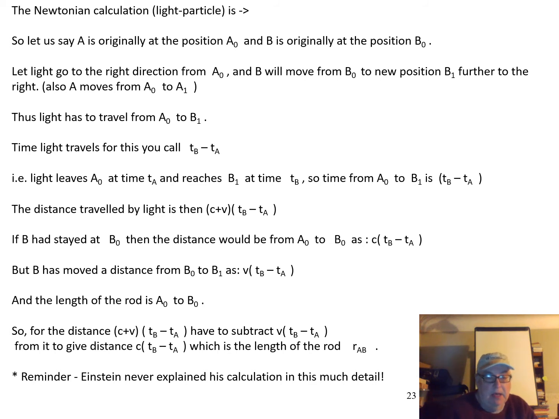If B had stayed at B subscript 0, then the distance would be from A subscript 0 to B subscript 0,